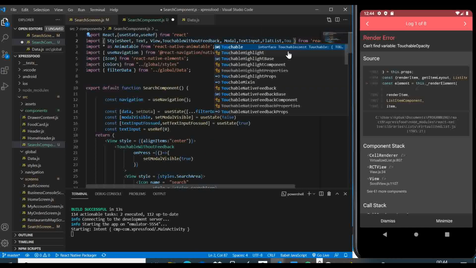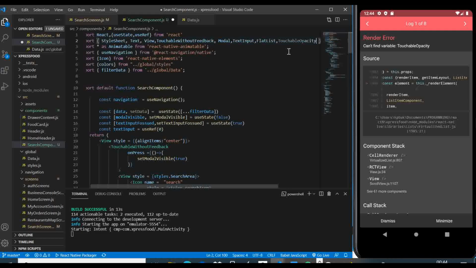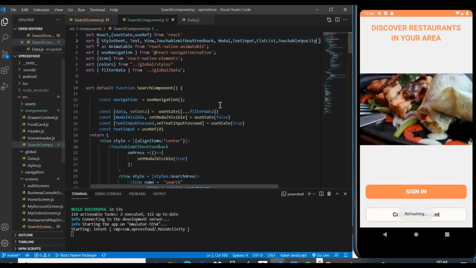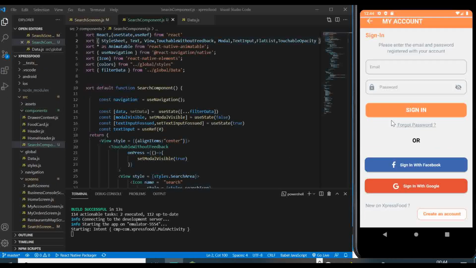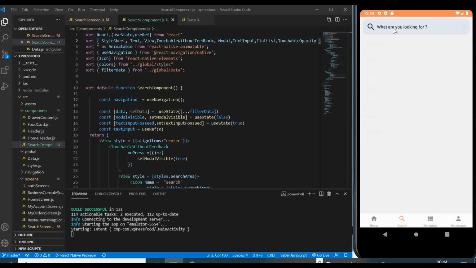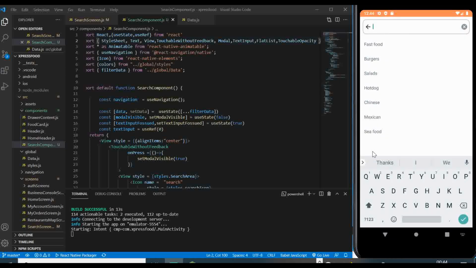Touchable opacity, awesome. Now we have our data being suggested here from your search,